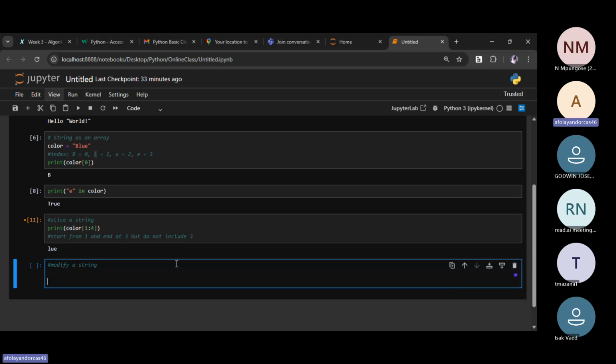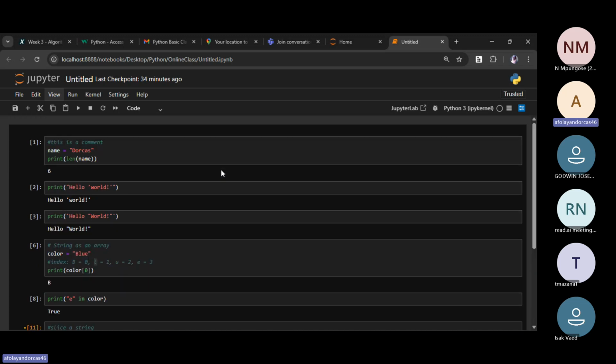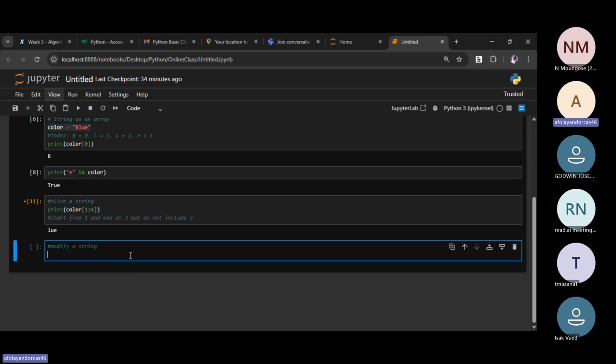So yeah, I wouldn't need to declare a new variable again, since I already have my first variable, which is name, and I have the second variable, which is color. So in this case, I can actually say print, okay?